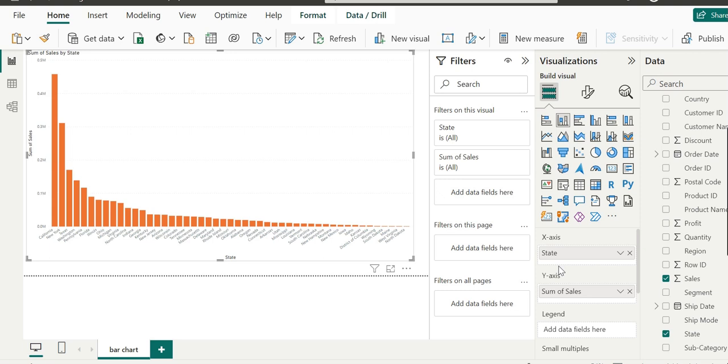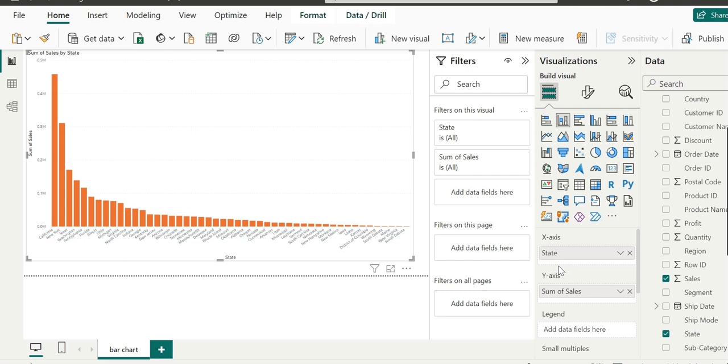So far, what we demonstrated in this demo is how Power BI is able to infer the default kind of visualization for a specific field. If we start with the state field, the default visualization was a map. Let's see what the default kind of visualization for a numeric field is.